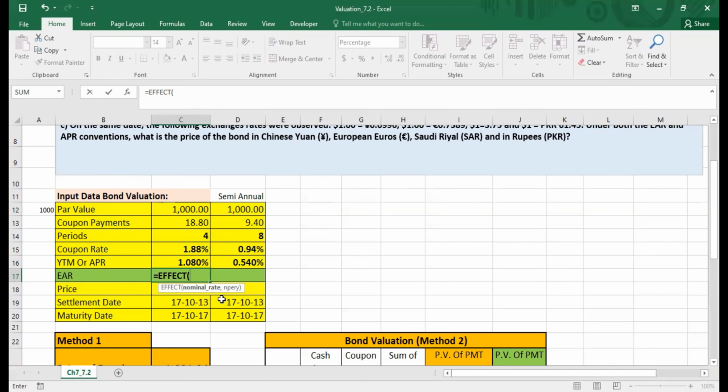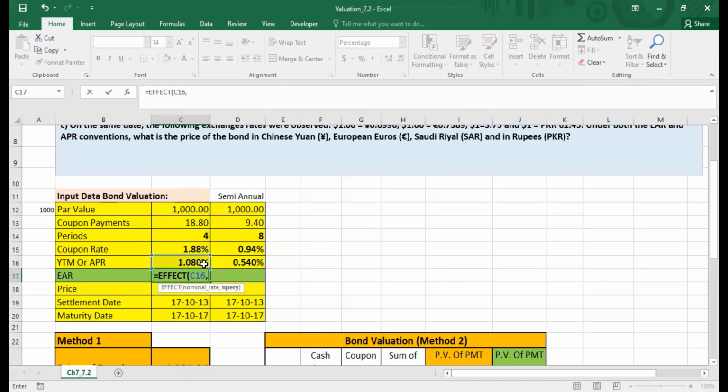In the example we are doing over here, we are going to assume the nominal rate is the yield to maturity. So we are simply going to give the cell address over here for the nominal rate, and then the number of compounding periods per year. You can see nper_y written over there. So, number of compounding periods per year.